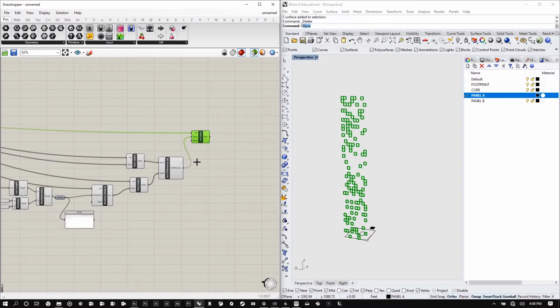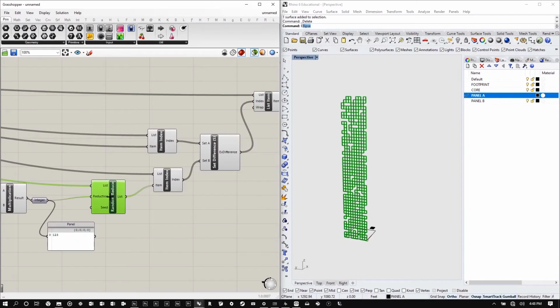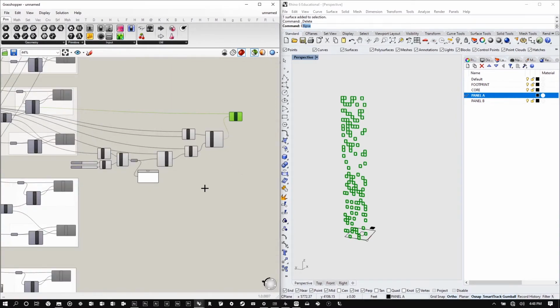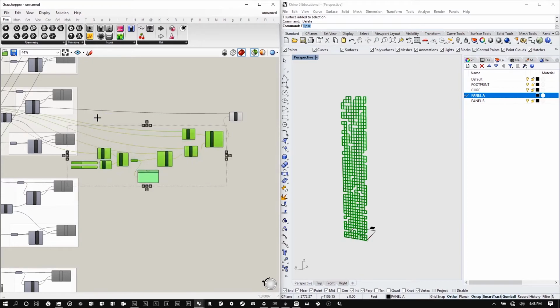Okay, so those are remaining. So we've got the random reduce and then the remaining. So now we've got our 2 lists. We can plug those in and get our paneling surfaces. If you're like me, you'll think, oh, there's so many cool things I can do. Let's say I wanted it to be based on solar radiation, and that would give me the split of lists. Or if I wanted that to be based on the amount of shading, you would create a script that analyzes shading and plug that into your factor that would then give you your 2 lists. So you can go really far here